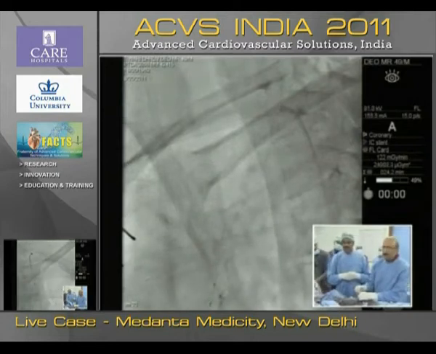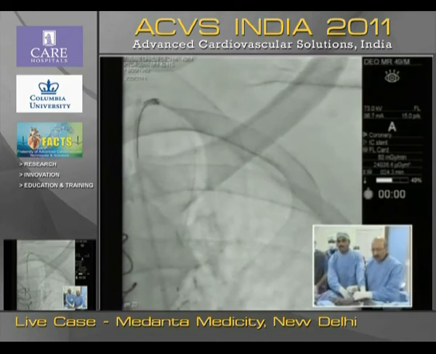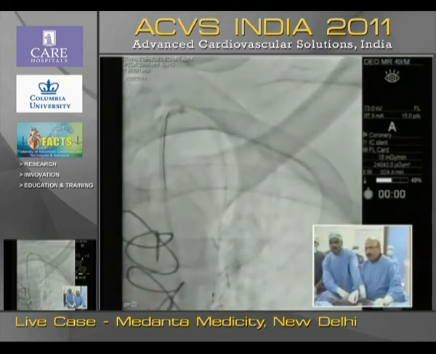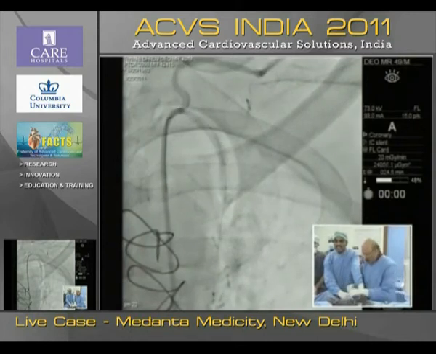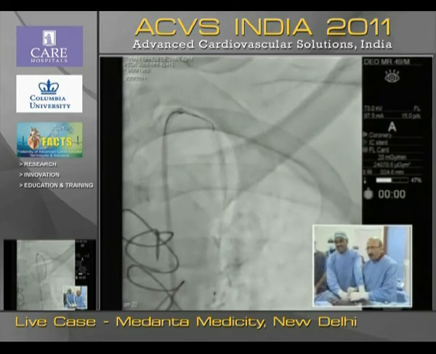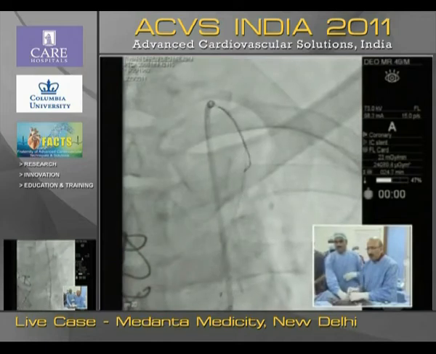And the problem will be at the time of really doing the stenting. Check, please. There is some spasm which is already coming at the ostium. You can see a spasm there. I think we should not push it too much, because it can create problems. We should do something which is at least not harmful.